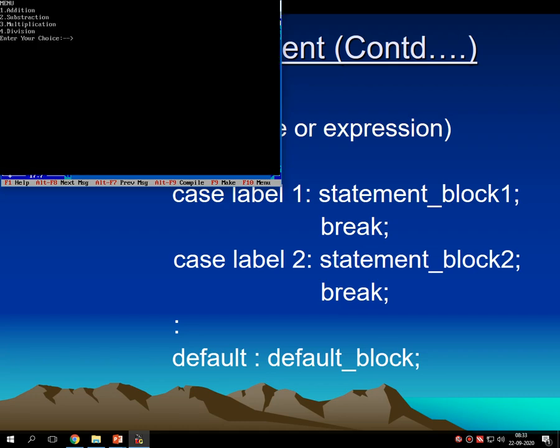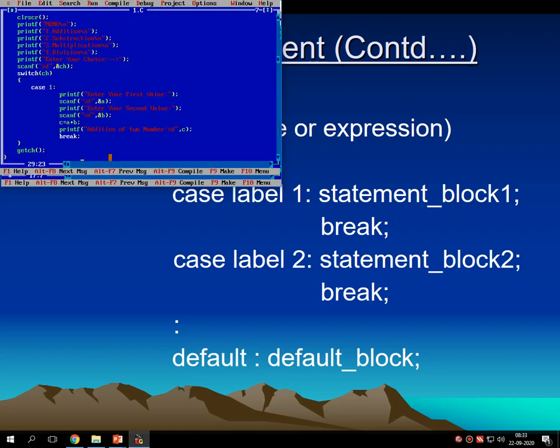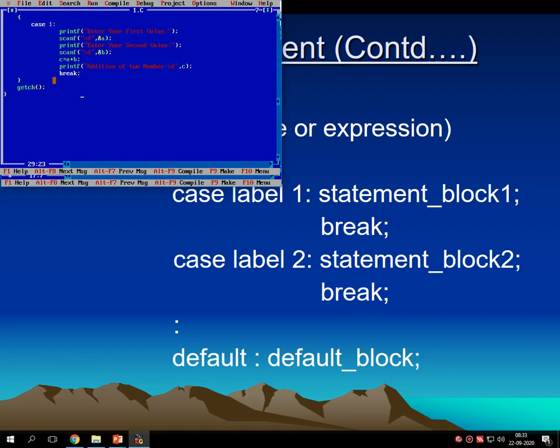Let's run this code. There is a main menu and it waits for the user's choice. Suppose I enter choice number 1, it selects case number 1. In case number 1, the first line is enter the first value, for example I give 2, enter second value, suppose I give 3, then it returns the addition of 2 numbers, that is 5. So it works properly. Now let's continue for another case.